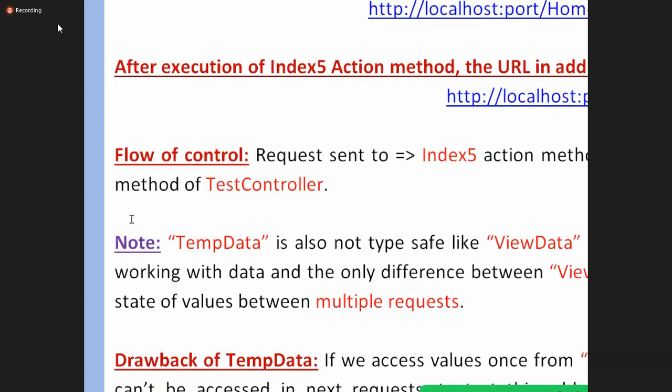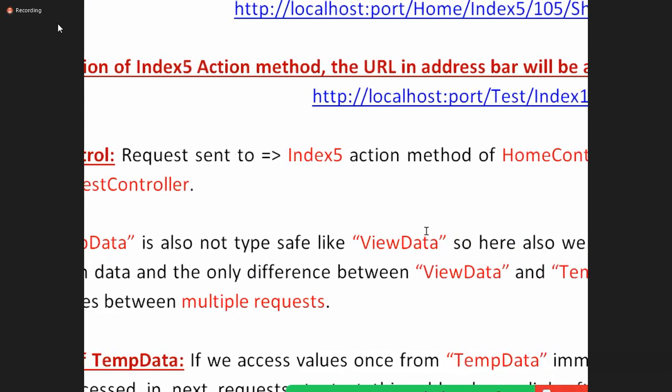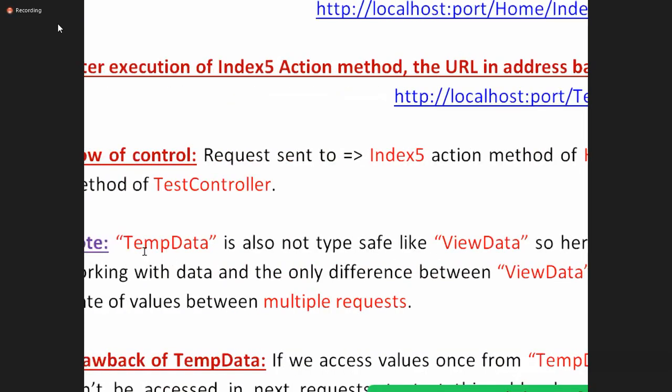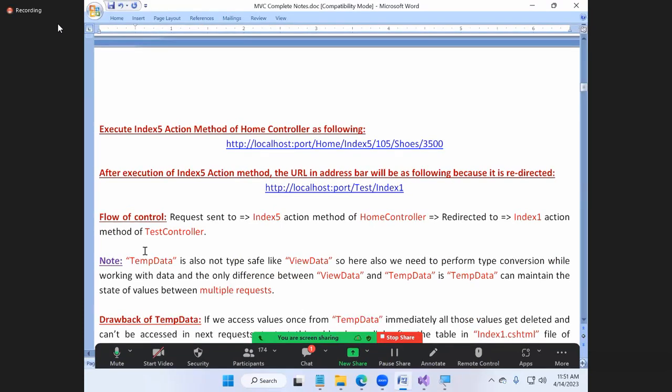And understand the flow of the controller. The request was sent to HomeController, right? Understood, all of you? Your request went to the Index 5 action method of HomeController and it redirected to the Index 1 action method of TestController. That's what you are redirecting.